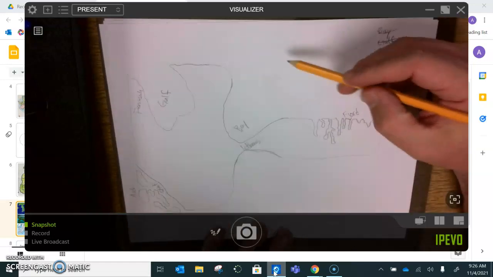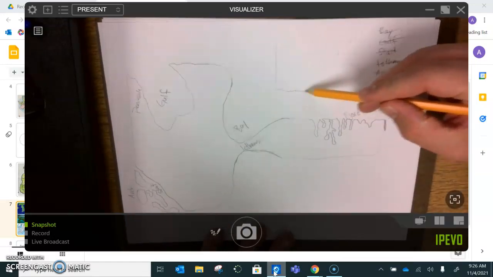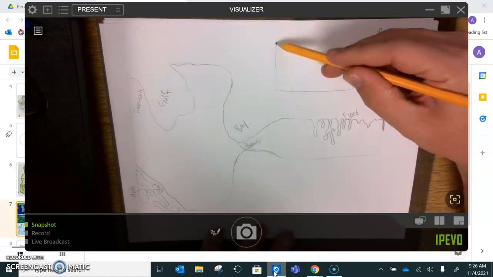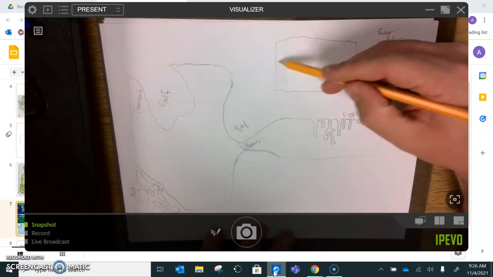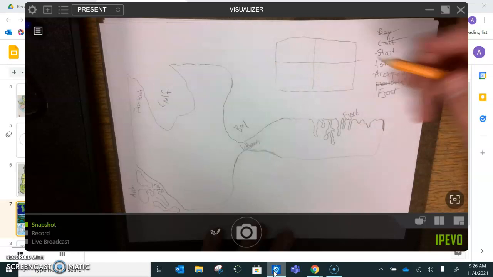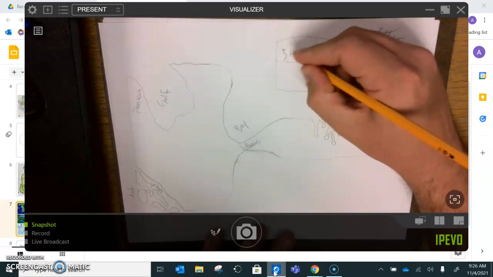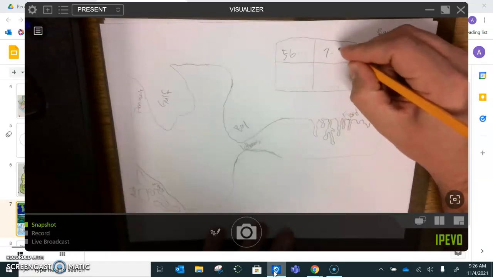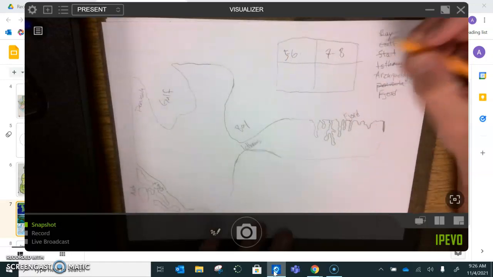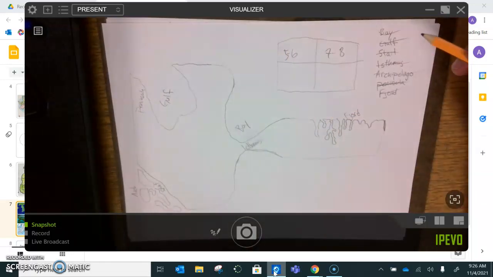Now take a look at this real quick. I'm going to draw this. You do not need to draw this by any means. This is just a little bit so that you can see what your grade's going to look like. Okay, so if you want a 5.6, or if you want a 7.8, then these are how many landforms you need. So to get a 5.6,